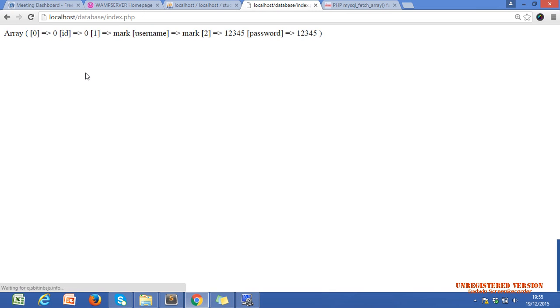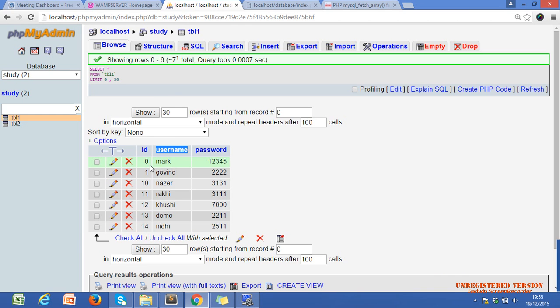Let's see the data. ID 0, in the 0th position 0, in the first position mark, and in the second position our password 1 2 3 4 5.